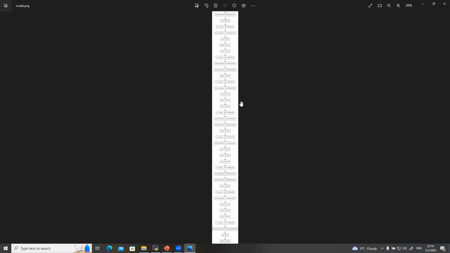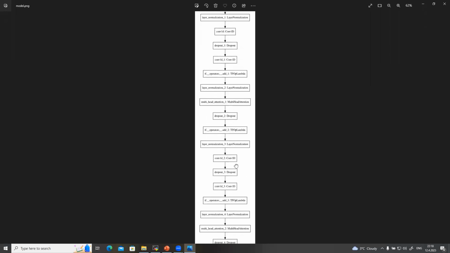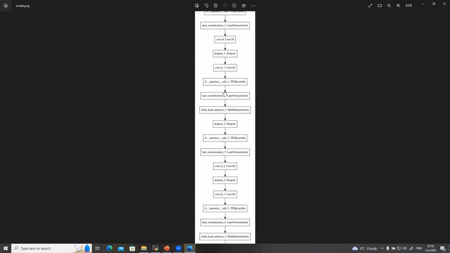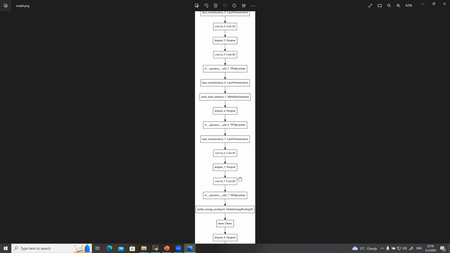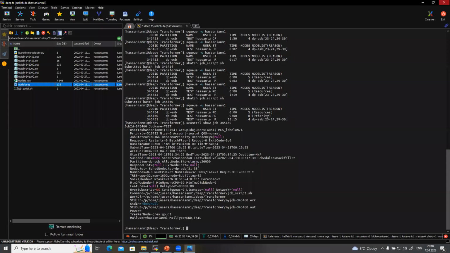Since this is the architecture of the transformer model here. However, this training is taking time to be finished. Regarding this submission, when we obtain the result,